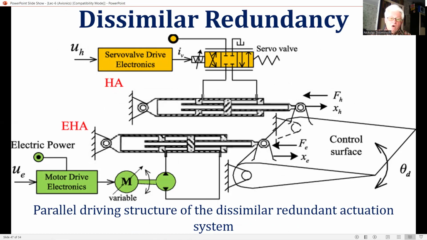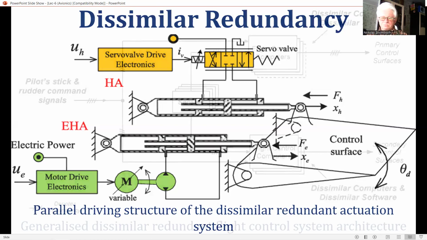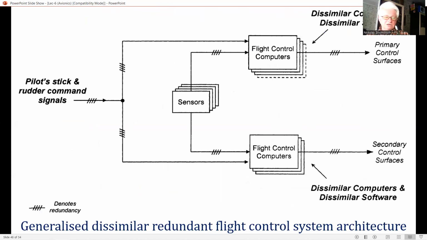Second, use a backup analog system in addition to the main digital system, which is at quadruplex or triplex level of redundancy. And third, use a backup system using different sensors, computing and control means, like separate control surfaces. And this slide shows a generalized dissimilar redundant